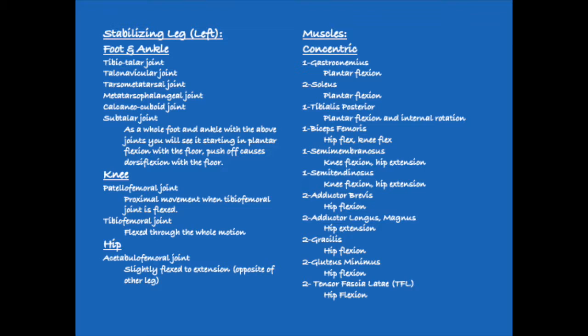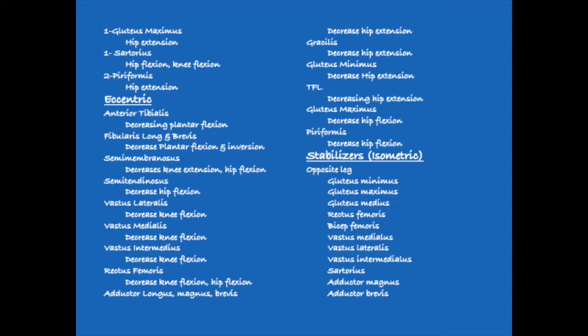The left leg used the same joints as stated before, but used them in just a slightly different way. That can be noted while reading the slide. The concentrically contracting muscles included the prime movers, the gastroc, tibialis posterior, the biceps femoris, the semimembranosus, the semitendinosus, and the sartorius. The secondary movers were the soleus, the adductor brevis, adductor longus and magnus, gracilis, gluteus minimus, the TFL,